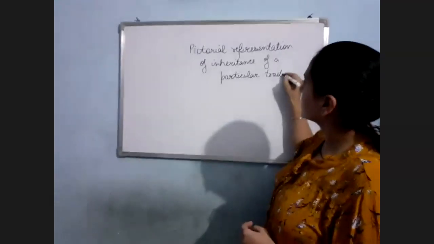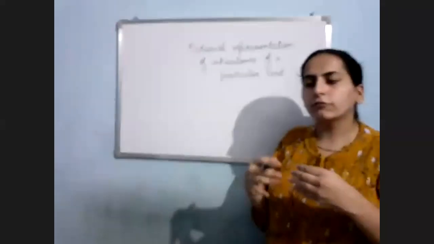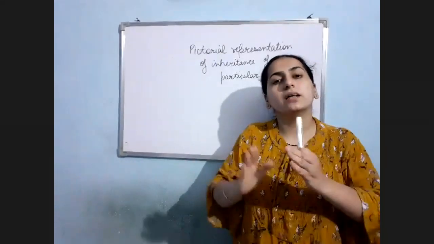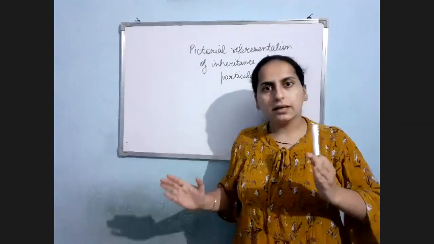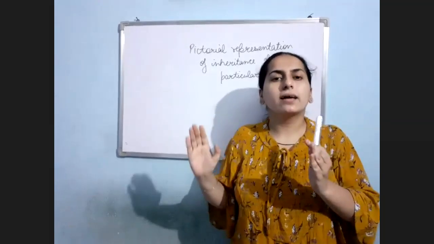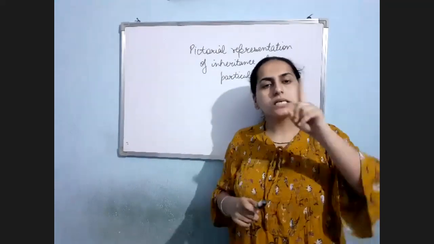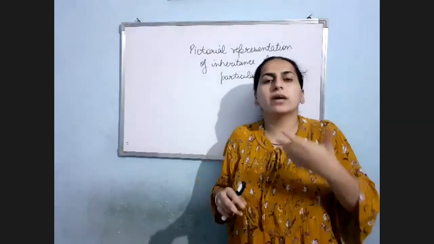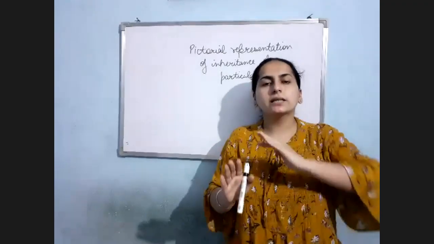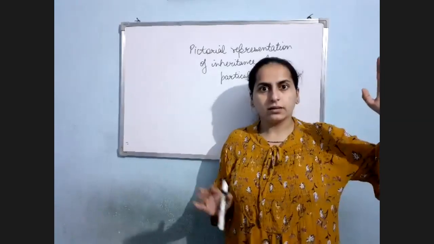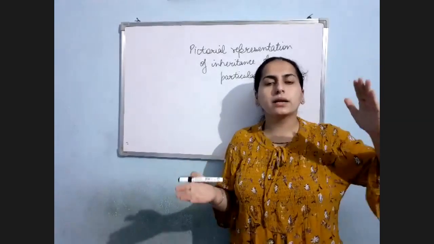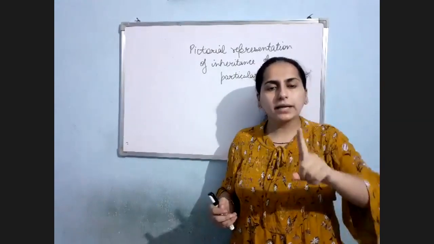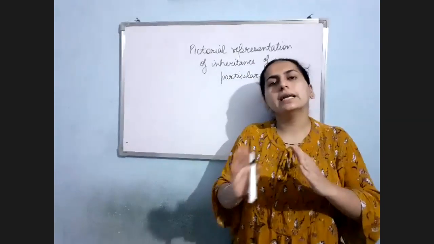Over generations in case of a family, we used to study the different generations of a family, and then analyze how a single trait is getting inherited. Am I clear? What we are doing in pedigree? We are studying the history of a family. Then we make a pictorial representation which shows how a particular trait gets inherited.